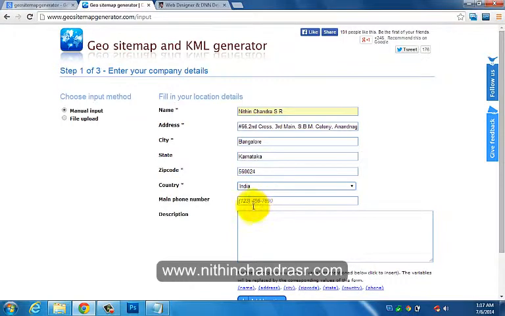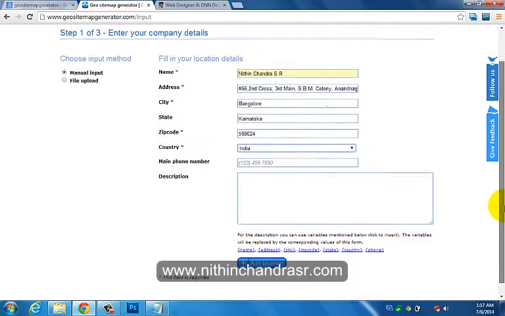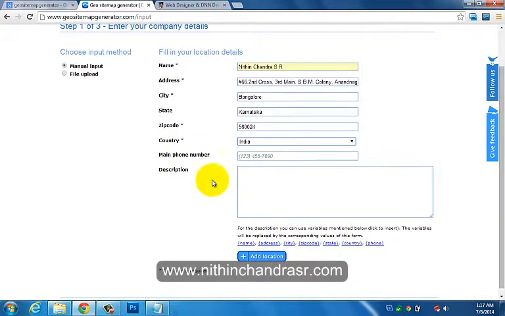You can add it if you want, or else I can keep it blank. And here you can add variables like name, address, city, zip code, state, country. If you fill the phone number also, you can add phone number. These variables are replaced by the information in the form.